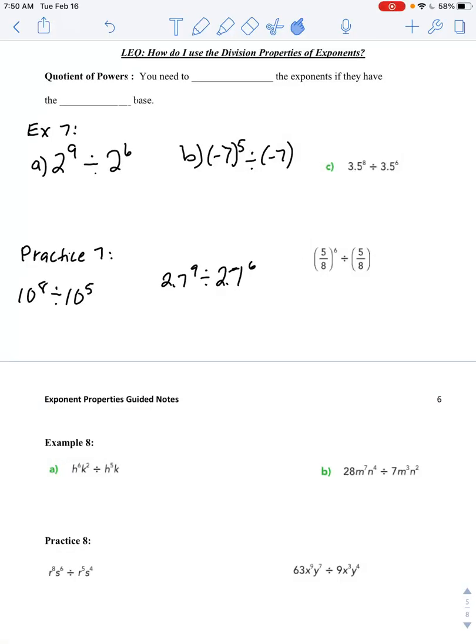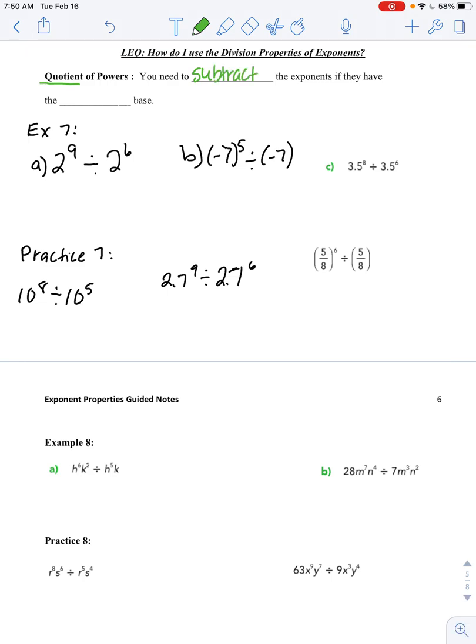Okay, moving right along to our next exponent property, which is the quotient of powers. Quotient is the answer to a division problem. So each one of these is going to be bases that are being divided. Okay, so quotient of powers, you need to subtract